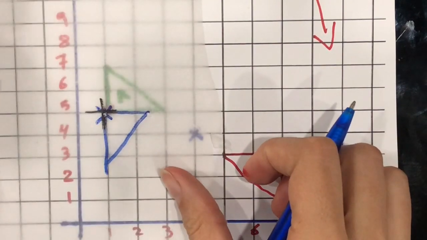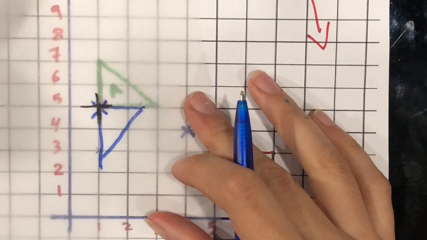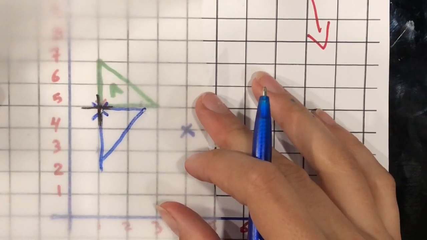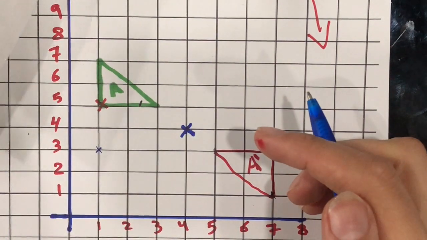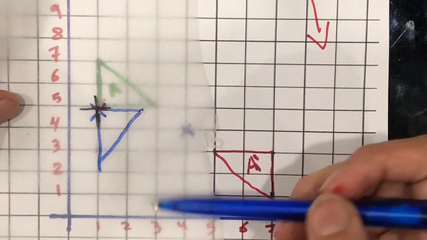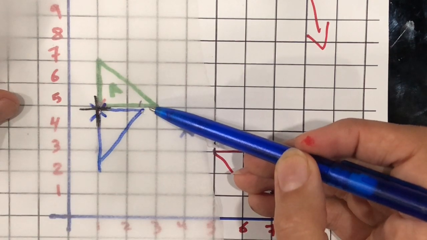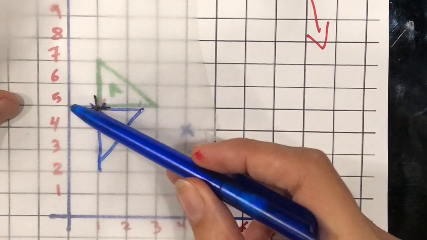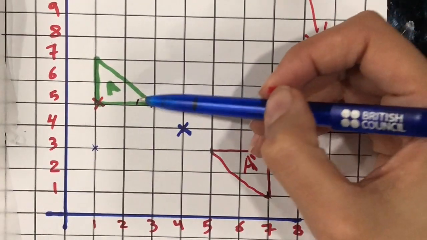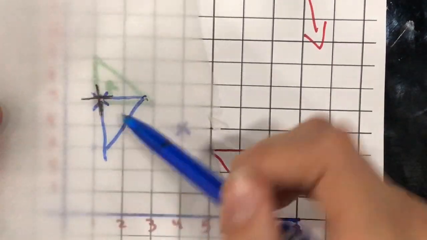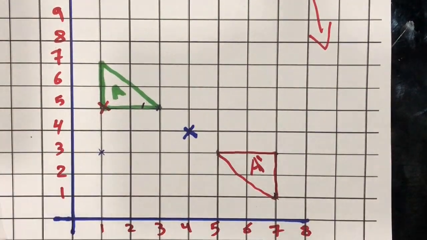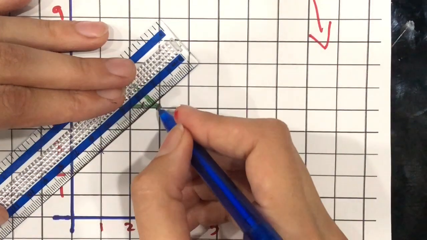The second one will be on the origin or center of rotation, and the third one will be on 3, 5 over here. Of course, you might say that it was supposed to be here. Yes, but because I didn't draw it with a ruler. So my new triangle after rotation